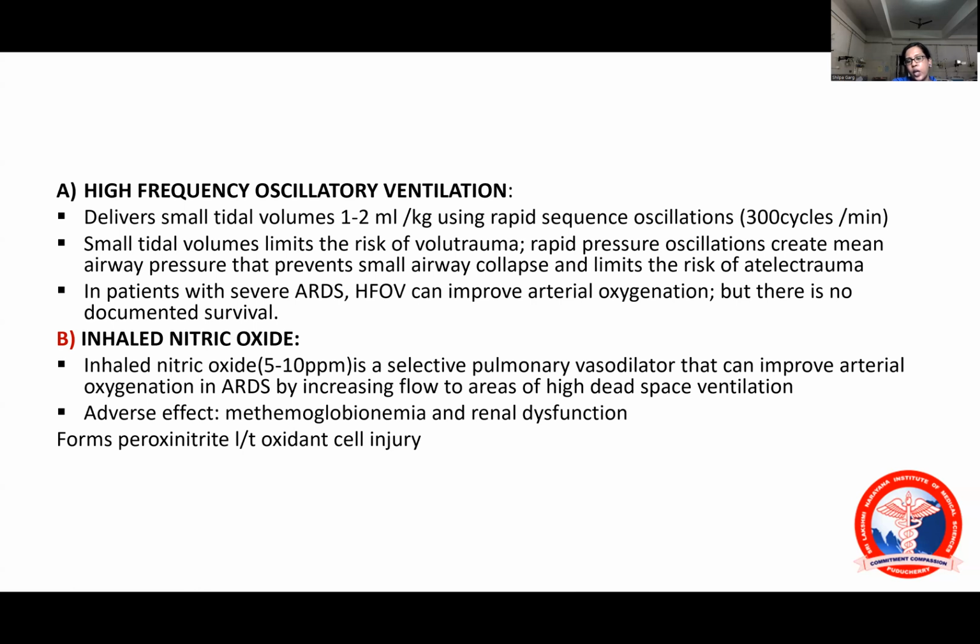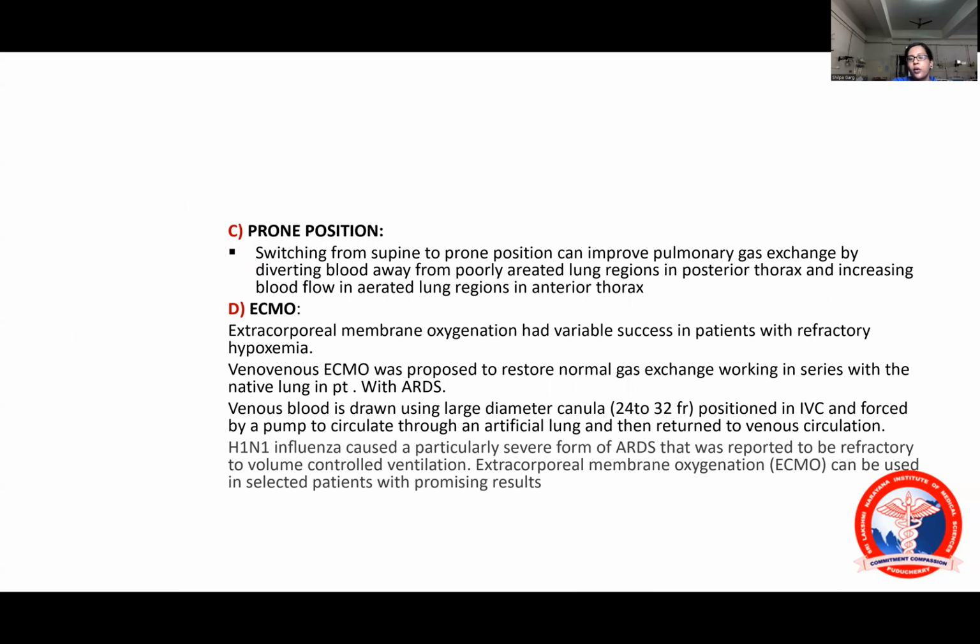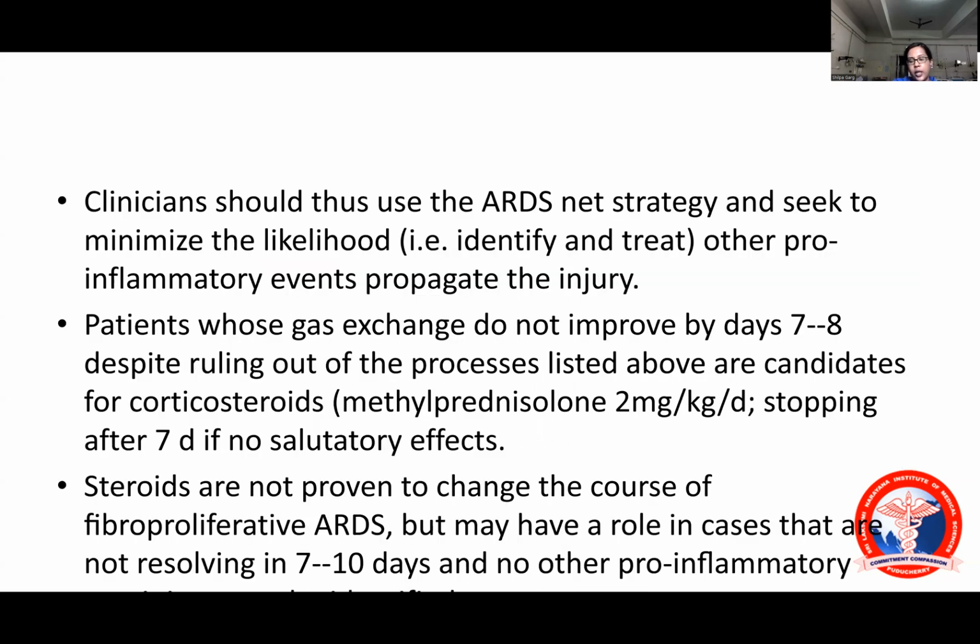Inhaled nitric oxide is going to prevent pulmonary hypertension and thereby reduce the dead space ventilation. But the adverse effects are that it could lead to renal dysfunction and methemoglobinemia. Prone position, we have something called the PROSEVA trial, which has got mortality benefit. The maximum you can provide is 17 hours of prone ventilation, and something called extended prone, which can provide up to 48 hours. ECMO is the last resort where the mechanical ventilation has completely failed, and you have to give some extracorporeal support for the lungs to function till they recover, or it can be a bridge therapy to lung transplant also.